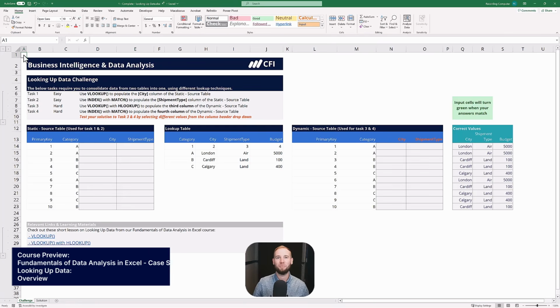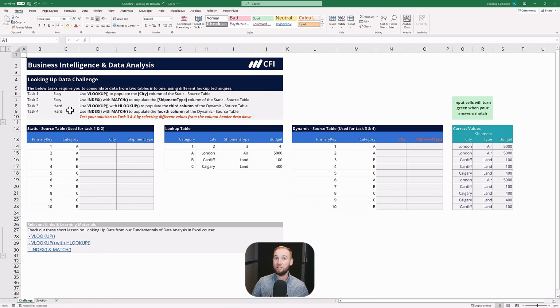The first challenge is all about looking up data. So why don't we jump into the workbook to review this challenge. Up here at the top, we see that the challenge is divided into 4 different tasks, and each task uses a different lookup function or combination of functions to retrieve data from our lookup table in the middle. The first task uses the VLOOKUP function, a very popular function, to populate the city column of this first source table, our static table. The second task uses a combination of the INDEX and MATCH functions to retrieve a value for the shipment type. So for the first 2 columns in our static source table, we need to retrieve data